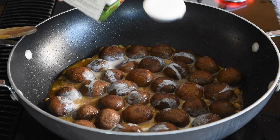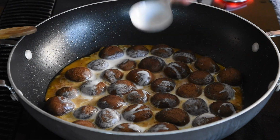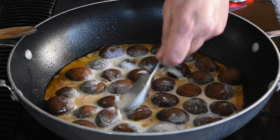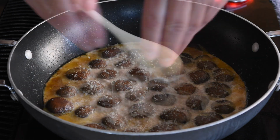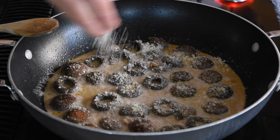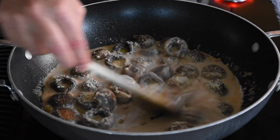Next, add 7 tablespoons of heavy whipping cream and turn the burner down to between about medium and low. When the heavy whipping cream starts to bubble, add 3 tablespoons of shredded Parmesan cheese and mix it all together. If the sauce still looks runny, add 2 more tablespoons of shredded Parmesan cheese and stir it occasionally until the